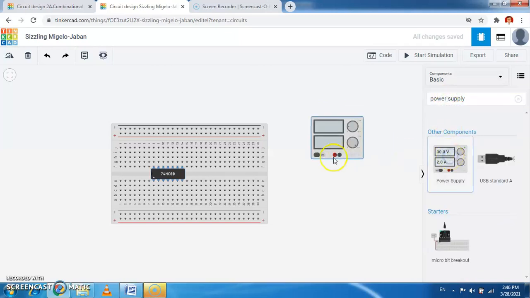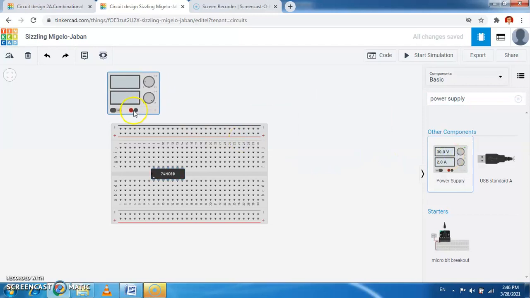So this is the power supply. Just put it at this place.